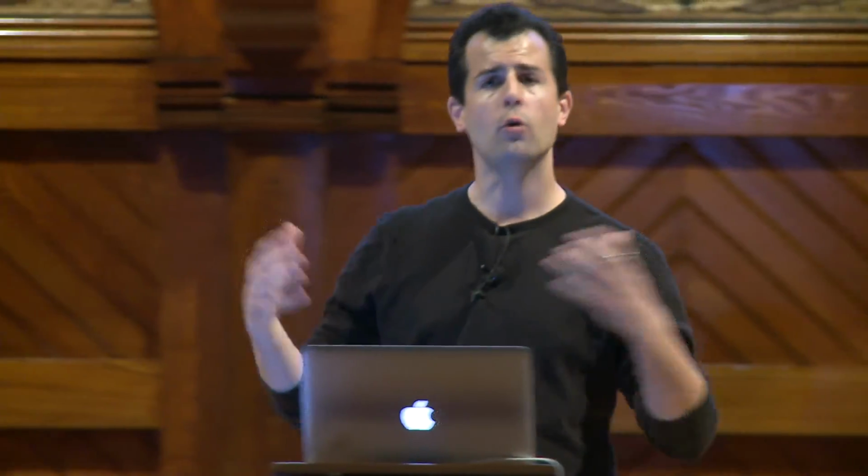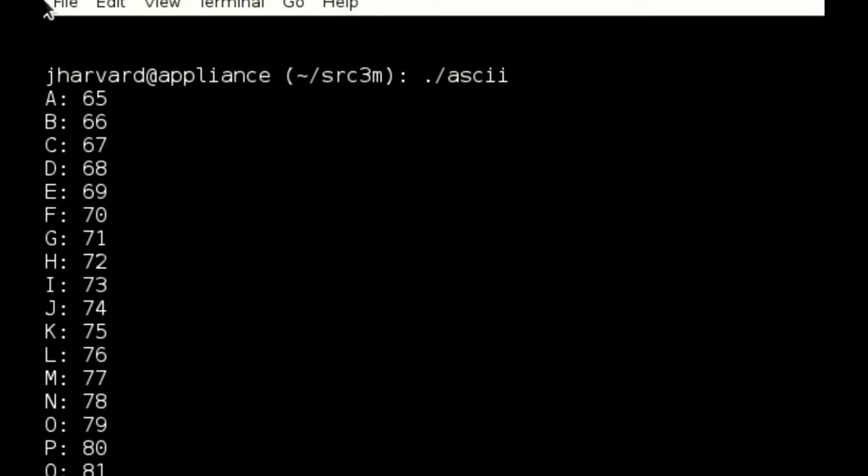Because what do I want to do in this particular program? Well, I want to count numerically, because that's how I grew up counting, 65, 66, 67, and so forth. But I don't want to print just the numbers. I want to print the letter followed by the number. I want to print A colon number, B colon number. But I can do this with the same exact